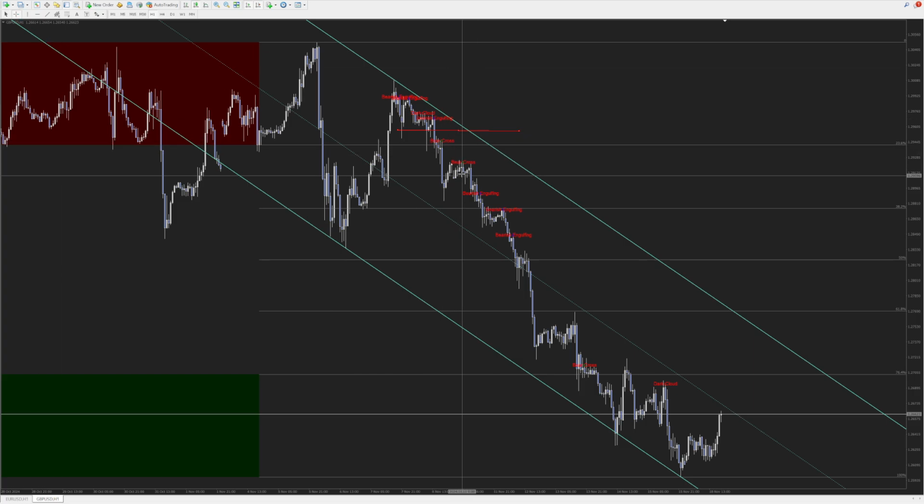As price was falling, what I would have done is use a trailing stop, so my stop loss would have moved. As soon as price fell down here, I'd have put my stop loss at break even. And as price dropped here, put my stop loss above this high. As it dropped here, price above this high, stop loss above this high. After this drop, above this high, so on and so forth, just trailing the move